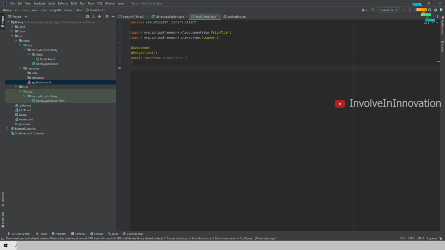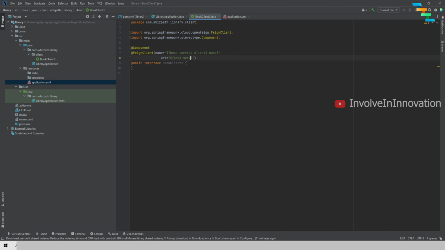So now we go back to the Feign client. So here in this case we will give the name. Whenever you are creating a Feign client, name is mandatory and this should be unique. So for example, if in your application you have more than one Feign client, you need to make sure this name is unique in your project. So here in this case I am taking this from the application YAML. To take this from application YAML, you need to use the syntax dollar, curly brace, book service client1.name, and then the next parameter is the URL. So here we need to give the domain URL or the host name URL